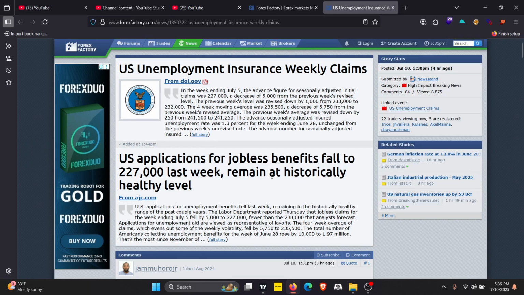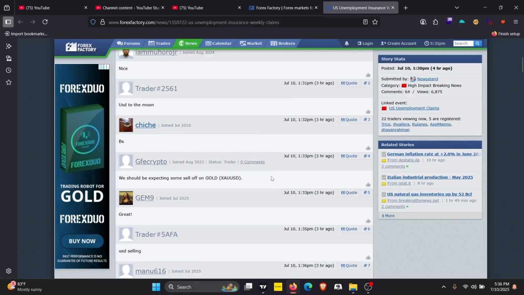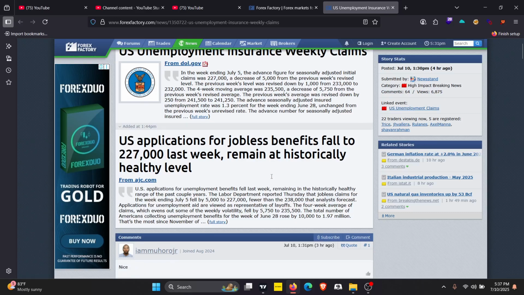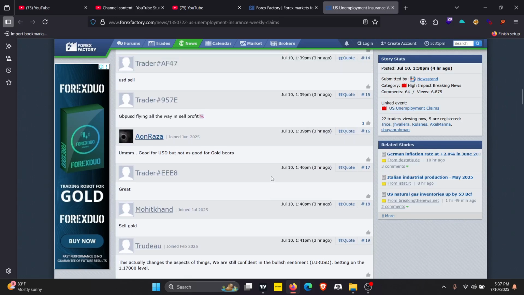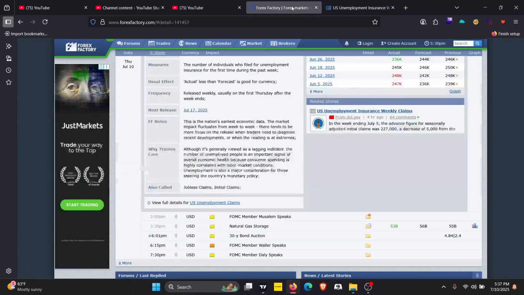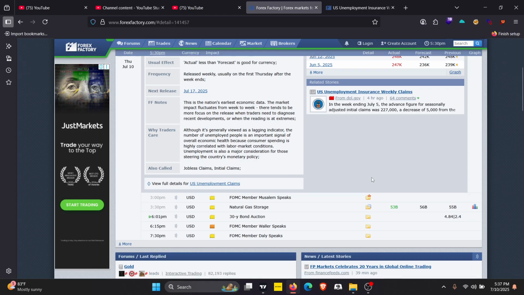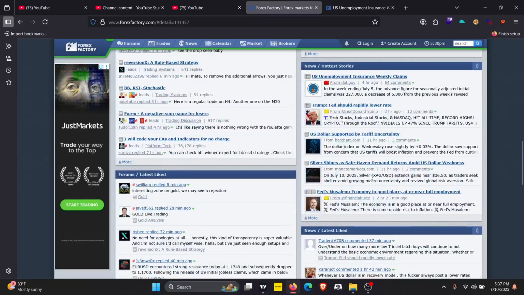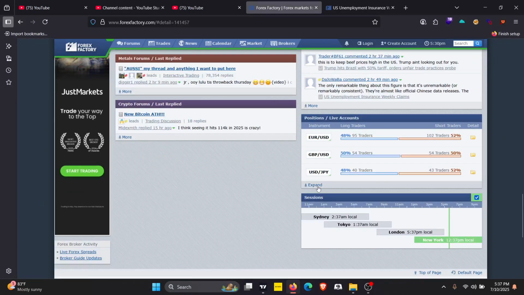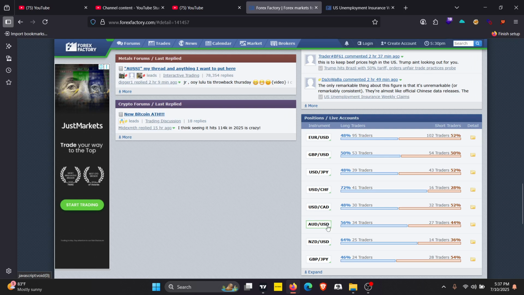So again, the reason why I'm short is that after this news, I don't really know what most traders are doing, but I know most traders have their perception of what is happening. So if I go down, I will probably see what traders are doing on the AUD. Okay, so you can see we have a very high percentage of traders going long on the AUD, and just 44% of traders going short. Right, I could get more data on this.